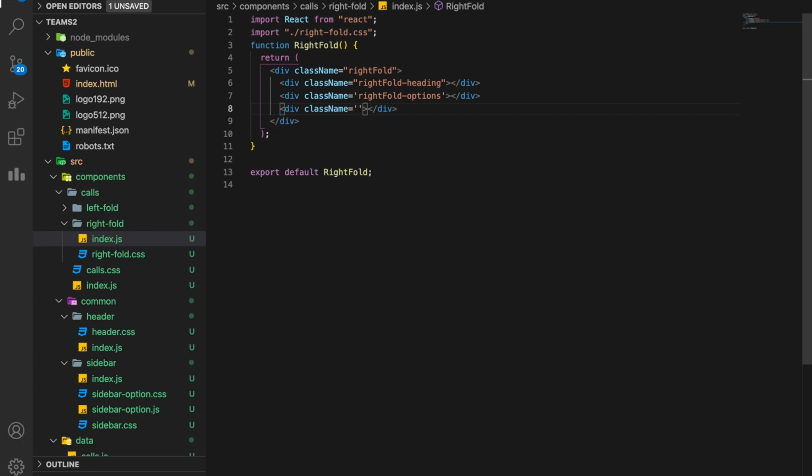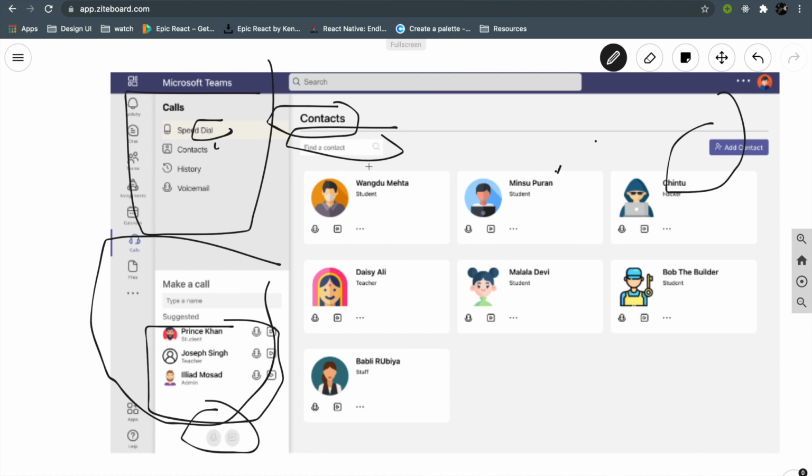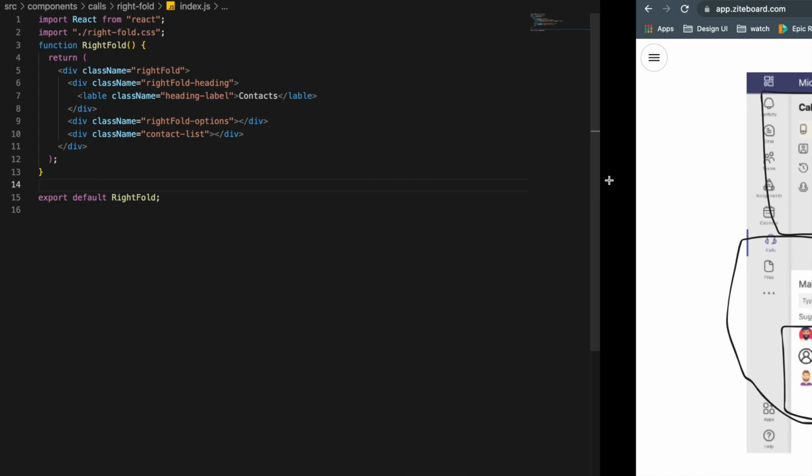You see now we have the 3 divs. First of all, we'll start with the label in the heading, which is known as contacts. Let's give it a class name of heading label.